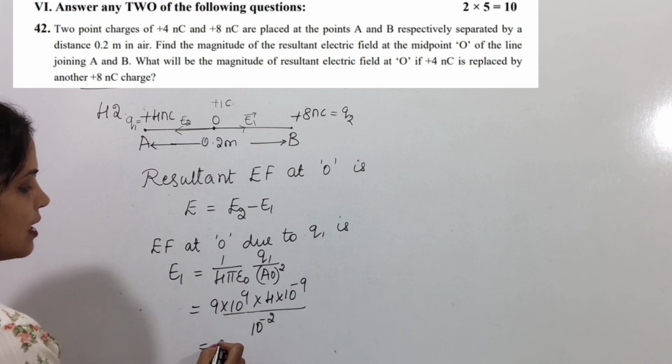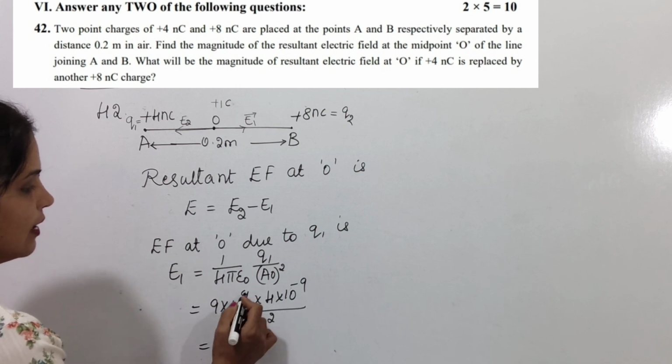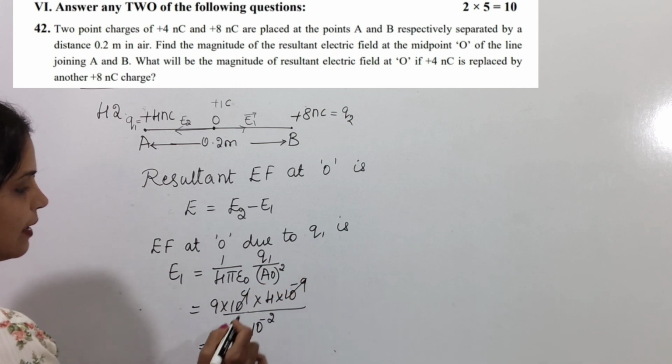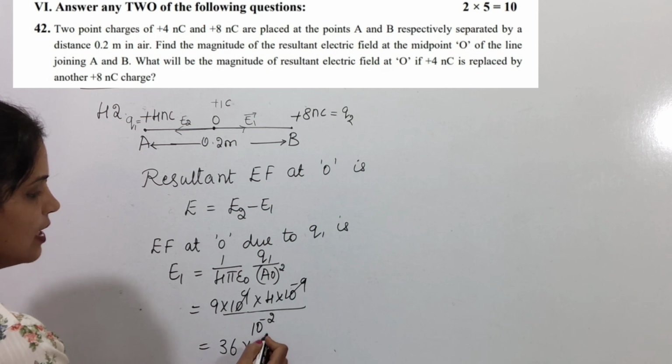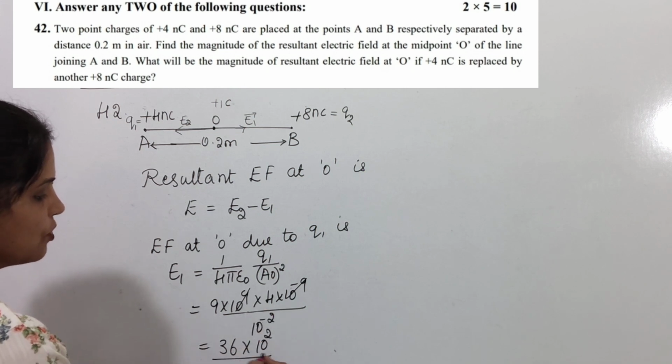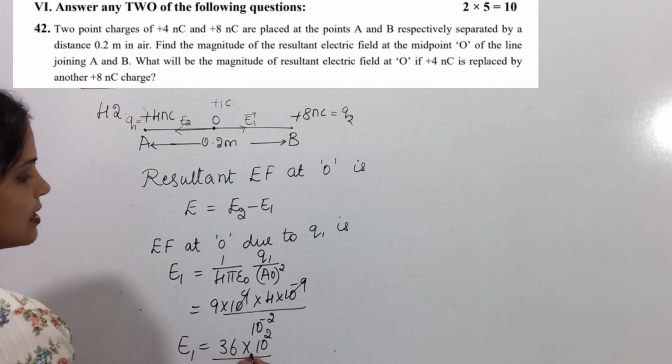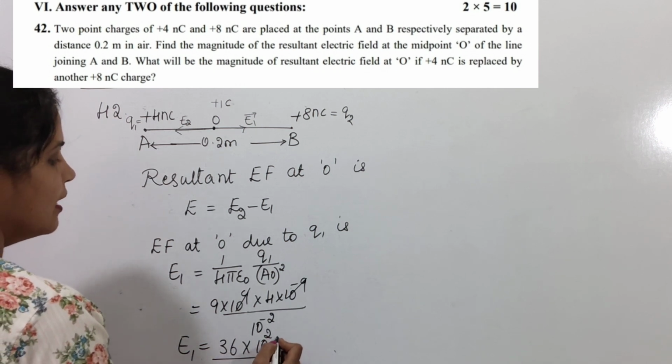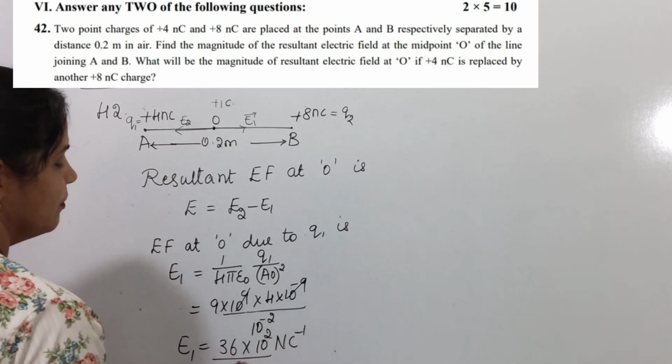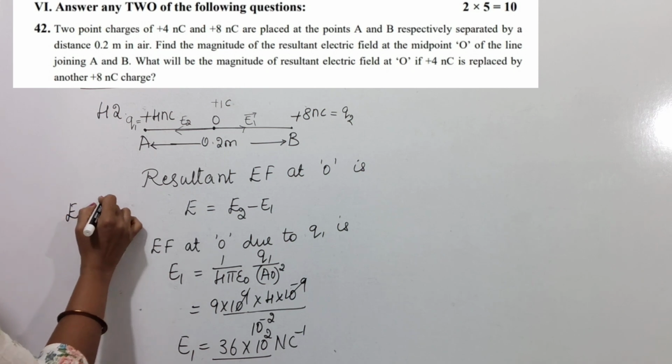So 9 4s are 36, and 10 to the power 9 and 10 to the power minus 9 cancel. So it is 10 to the power minus 2 in the denominator, which becomes plus 2 in the numerator. So E1 is 36 into 10 to the power 2 newton per coulomb,